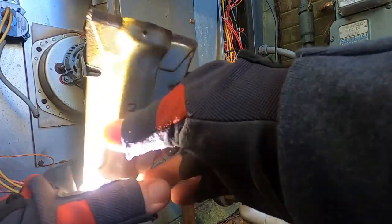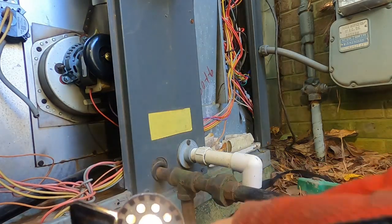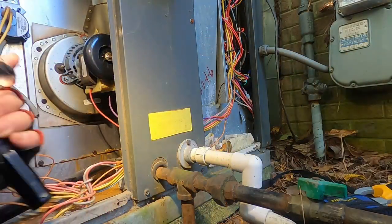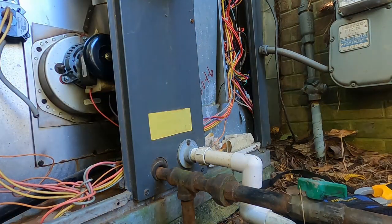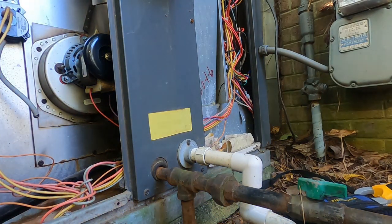So when I look back through these with my flashlight, I take that and stick it up under the bottom, and then look back up in here, and I'm getting light all the way around these little holes when you look in there. And so I don't have any burners that are plugged up. But what drew my attention, if anybody knows anything about changing heat exchangers, which this one's been replaced in these Goodman package units,